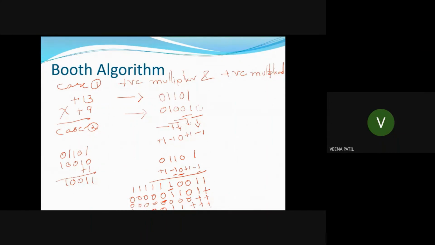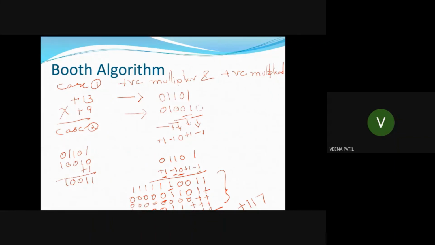Then after shift, it is plus 1. I have to write the multiplicand as it is. So it is 1 0 1 1 0 0. Finally, find the partial product, sum of partial product, and tell me the answer. Now 13 into 9, we know that it is 117. As the sign of both the numbers is positive, the final answer will be plus 117.